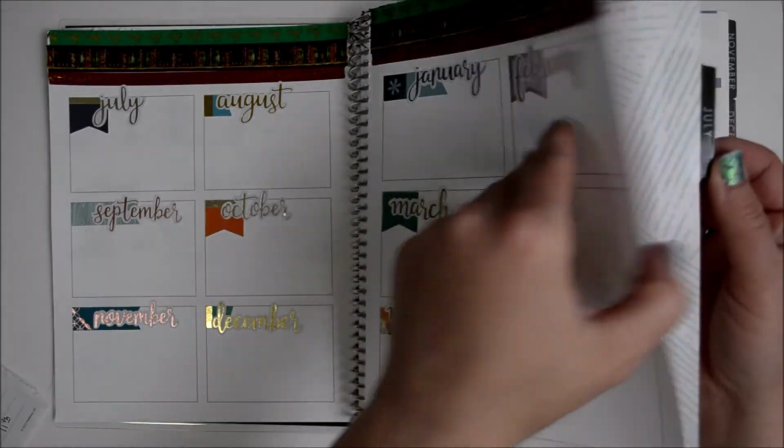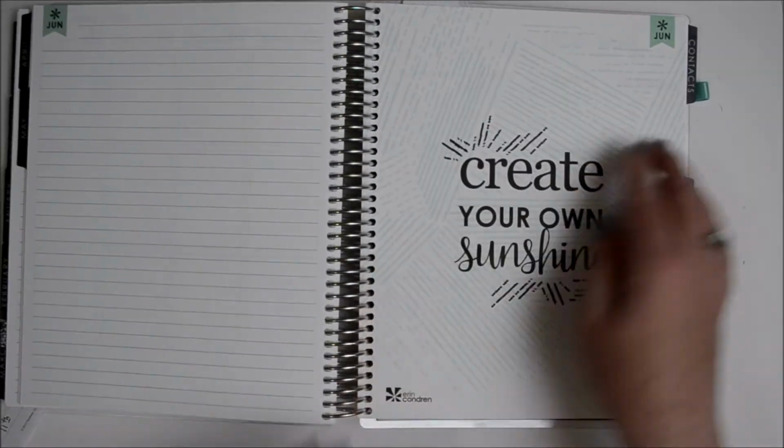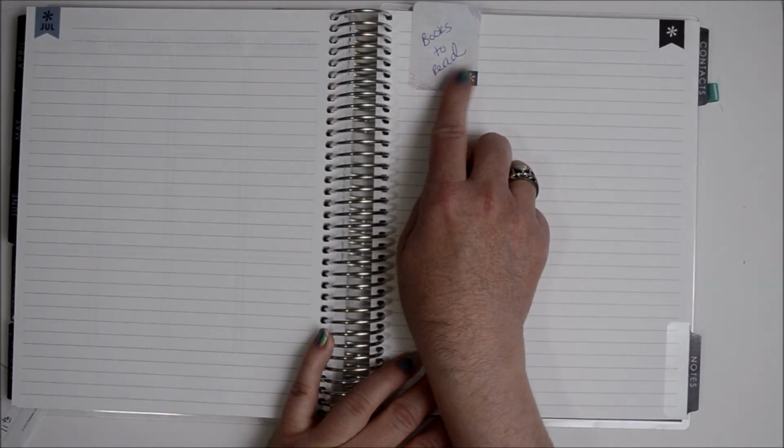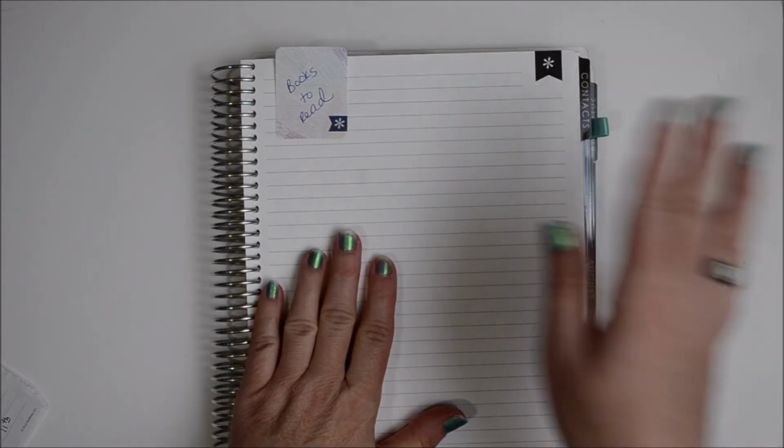I haven't really given too much thought to how I'm going to take care of the back pages, the note pages. One of the things that I do want to mark, and I've put it here, is my books I want to read, because it varies considerably from the books that I actually read, and I'll show you an example. So in my current planner, which I'm about to finish, I do have a